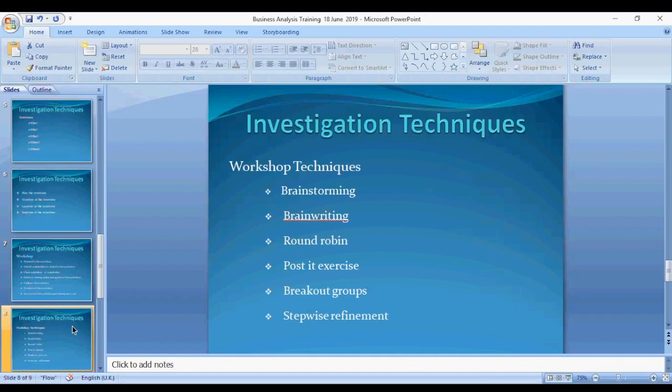So for the workshop techniques, like I said, you will be the one. Depending on the project, you have to decide what technique you think will suit that particular project. So for example, for the brainstorming